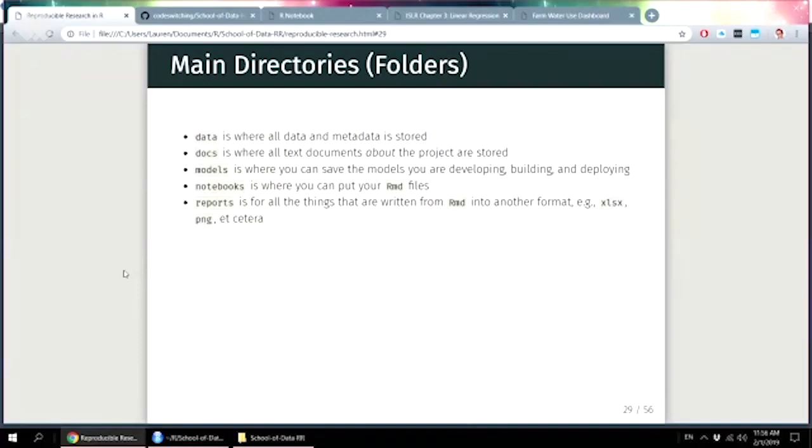The models directory is where you can save and store any of the models that you're developing, or the ones that you're building, or the ones that you're deploying. So it's a good idea also to keep those separate. Notebooks is a great place for you to put your R Markdown documents. And reports is where you can put the output of